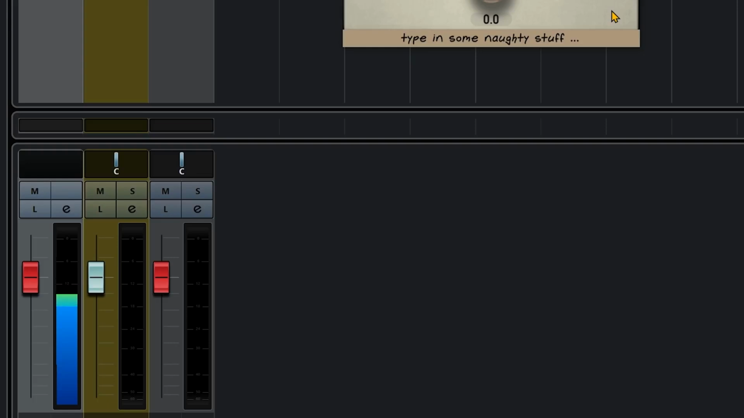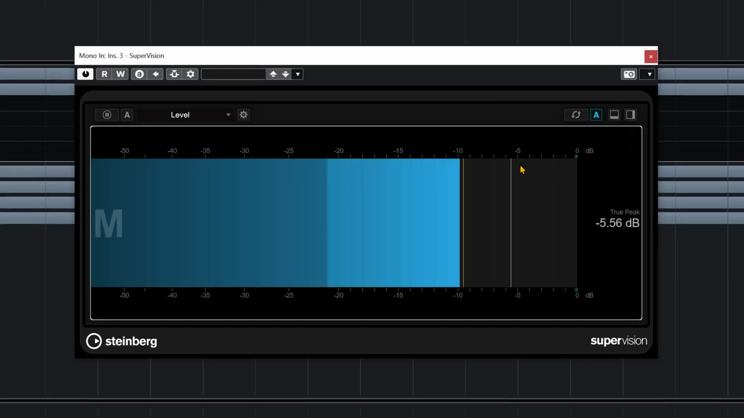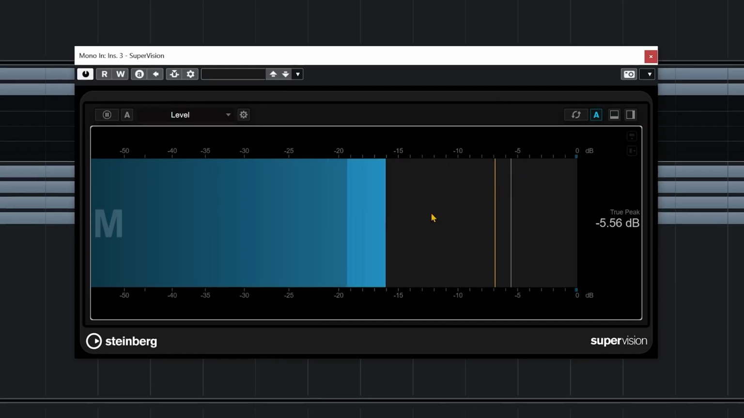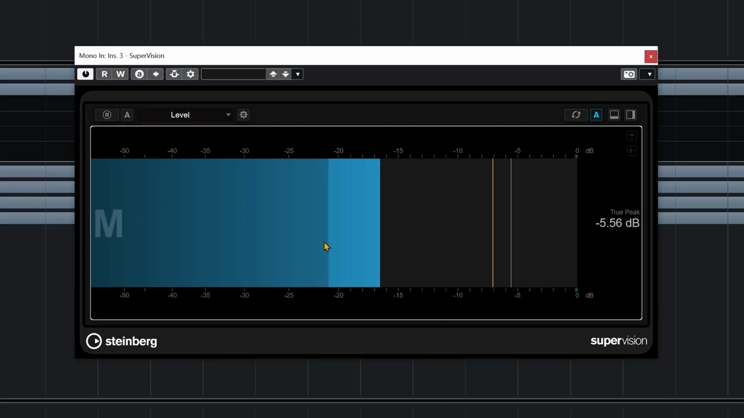And the minute you go above that level, your signal is going to peak. So you want to keep yourself some headroom. If we use an RMS meter like SuperVision, there's a very cool option where SuperVision shows you the peak level and also the average level on the same meter. You see, we have the peak level right here, which has a lighter tone of blue, and we have the average level, which has a darker tone